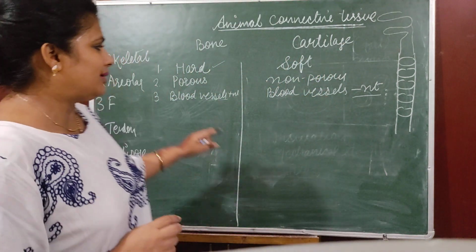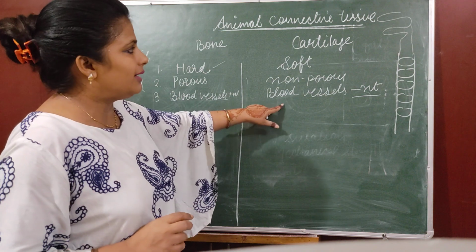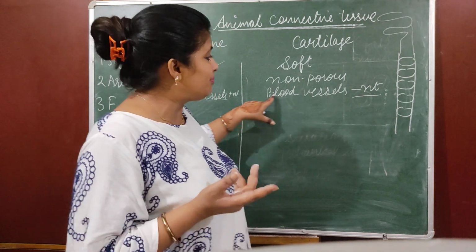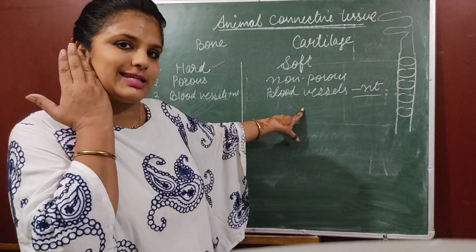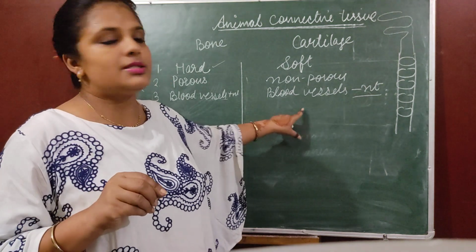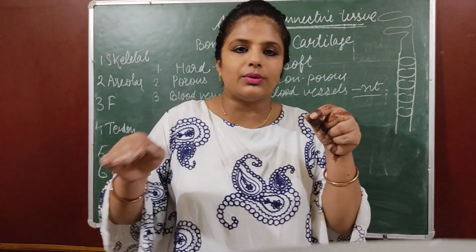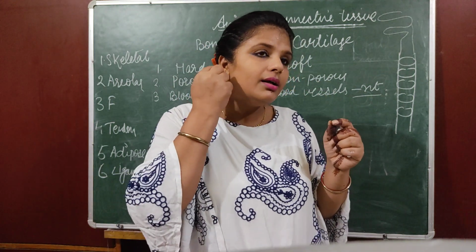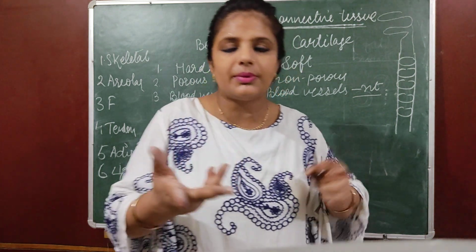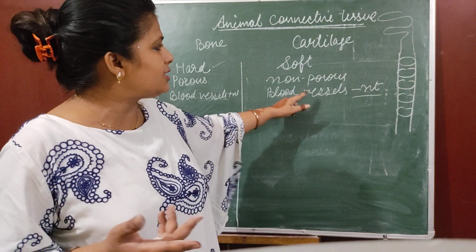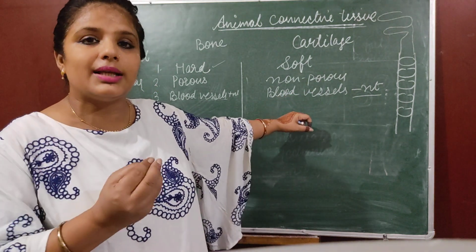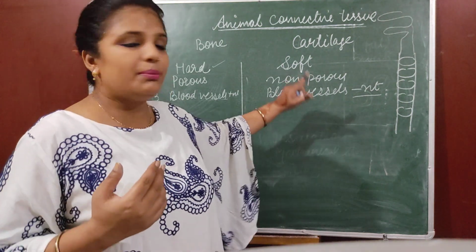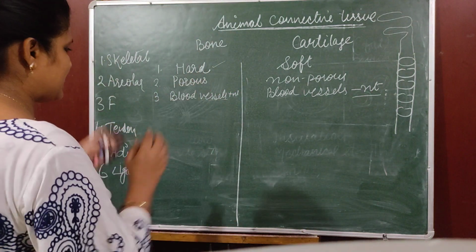But listen very clearly, it's not like that if we cut the cartilage, there will be no bleeding, because blood vessels are not present in the superficial layers, but in the deeper layers they are present. They are not present on top. Generally when we have a nose piercing or an ear piercing, sometimes we do not have bleeding because that region does not contain cartilage. But if it goes deeper, it depends on how deep it went, and many times bleeding does happen. Okay, so this is the basic difference.